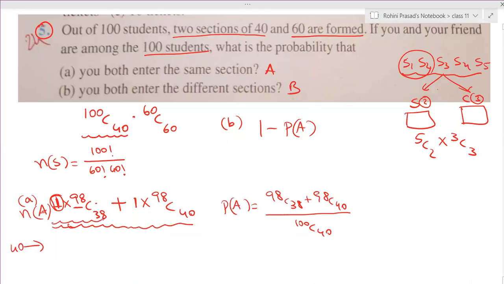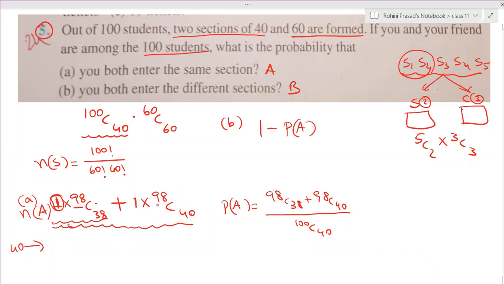But in the first case, what you did, in that 40 students, only you and your friend are present. Next, second case, you and your friend want to be present in the 60 students committee. So then what you need to do, you should not select you and your friend into the 40 students committee. Automatically, you both will remain and then join in the 60 student committee. So here also what I wrote,